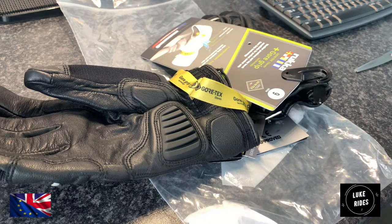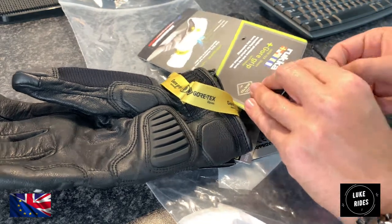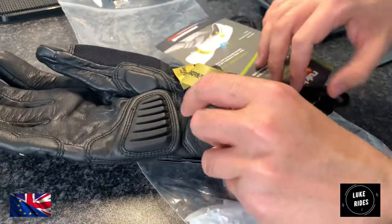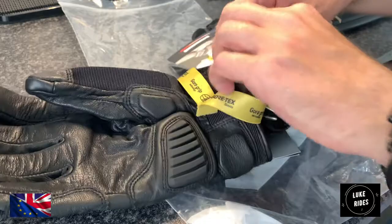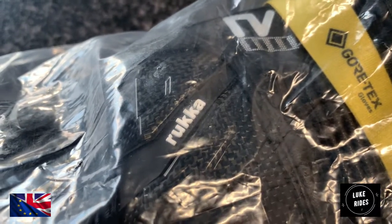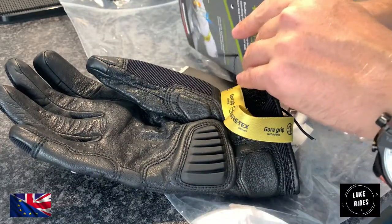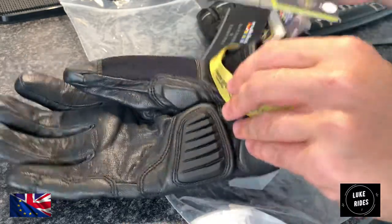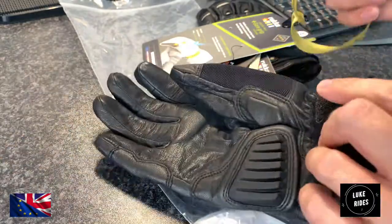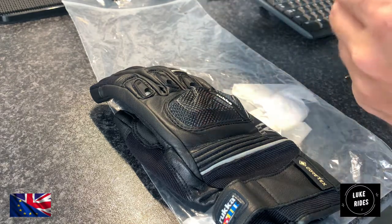When you cut the line between both the Rukka Kalio GTX, you literally take one of the ends and pull it out of the glove and it will find its way through like so, which is absolutely fine. And then you've got to do the same with the other side as well, taking your time, and it looks like there's actually two lines holding the Rukka Kalio GTX. Again, a very thick material here, very thick wire, which is very, very nice. And then just take your time pulling the two pieces out, which then frees up your Rukka Kalio, which is absolutely brilliant. And then you're left with your Rukka Kalio GTX ready to go, with just a little